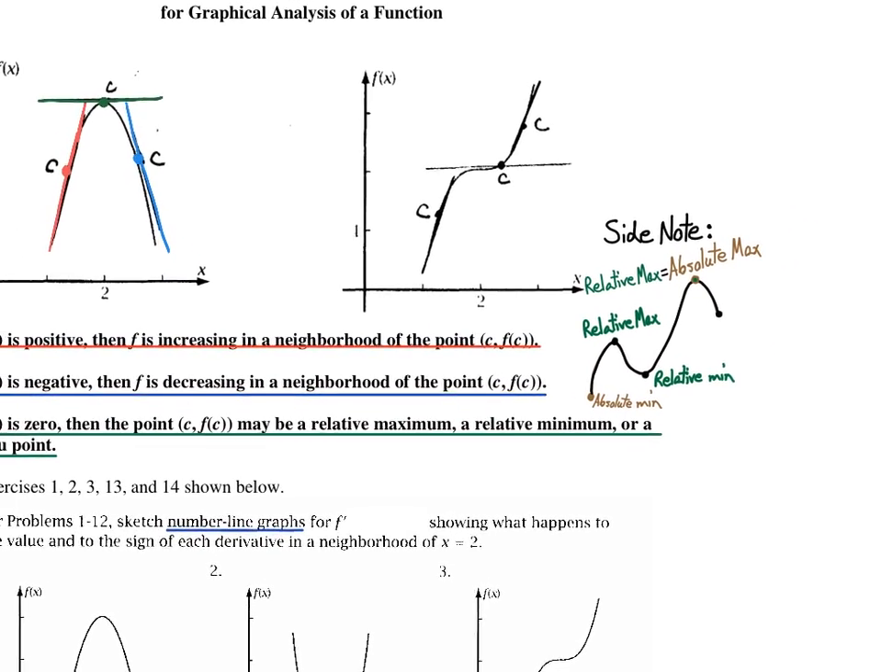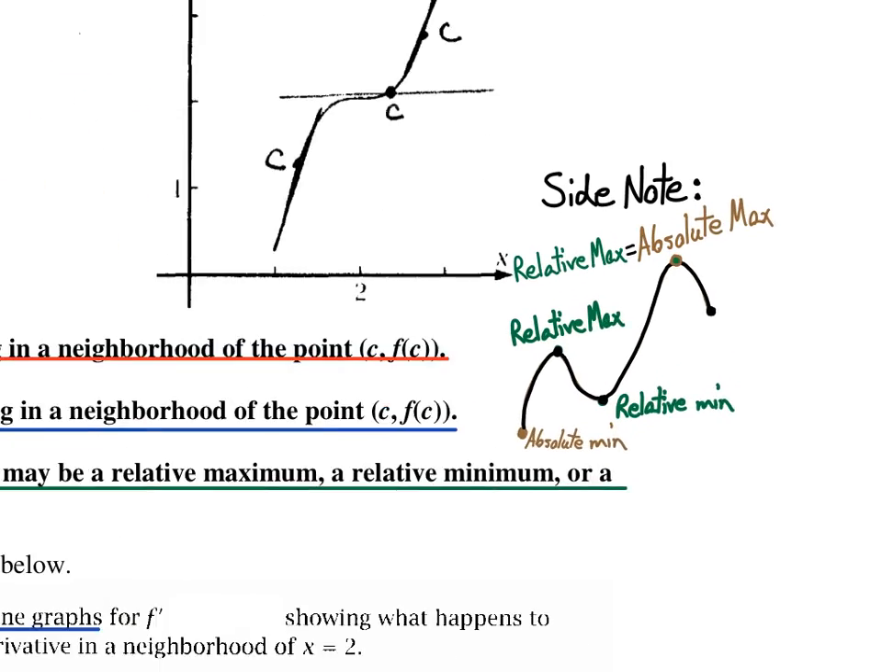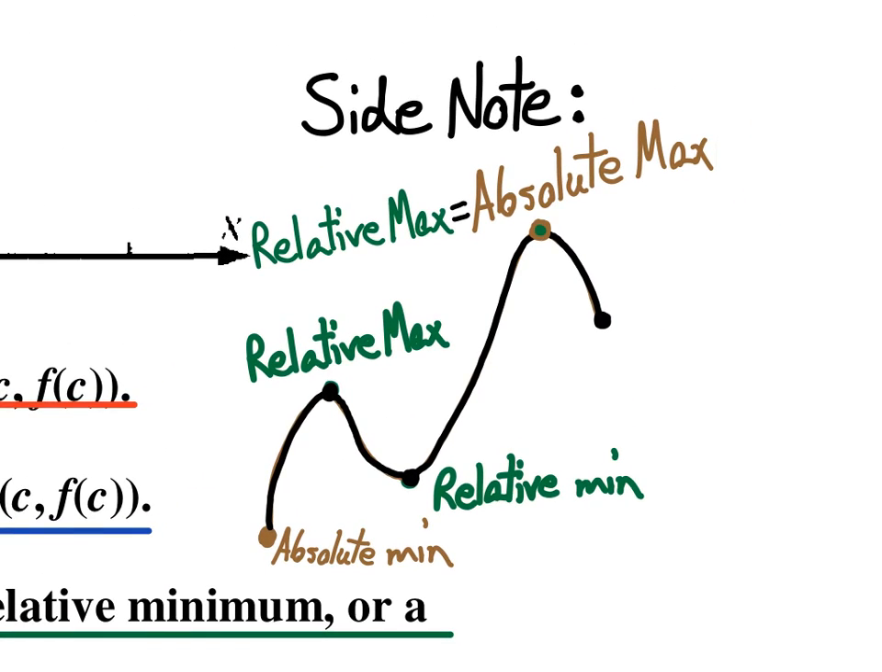I have a side note over here. Okay? And that's this diagram here. The difference between a relative minimum or maximum and an absolute minimum or maximum. Okay? We could be talking about a particular interval, like I have this function drawn here. Okay? So in this interval,